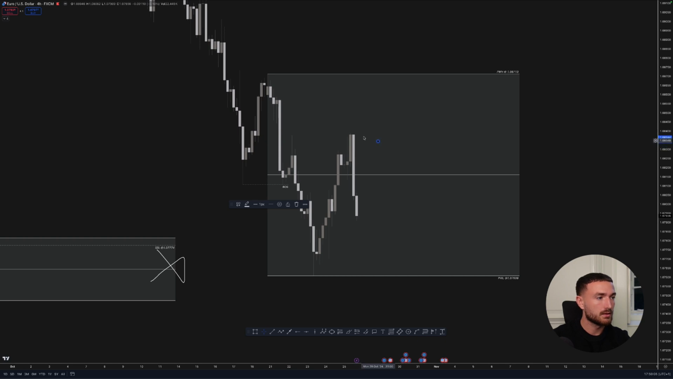Oops, I don't know why it's playing up. There we go. This imbalance here, as you can clearly see. And what we see happen here is price actually comes into that perfectly, and we get a strong rejection away from this zone, okay? And also what we have is a swing high, swing low, and this is the weekly